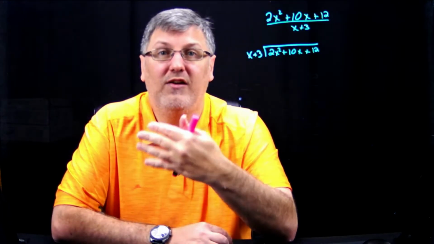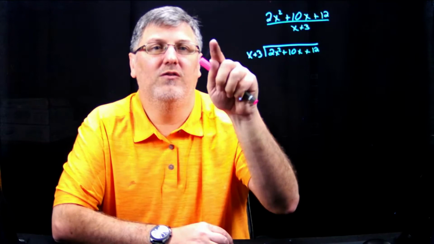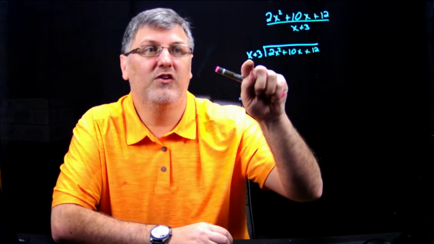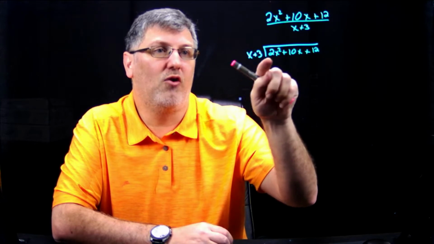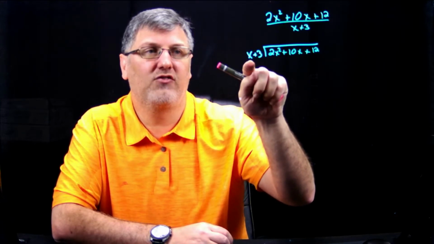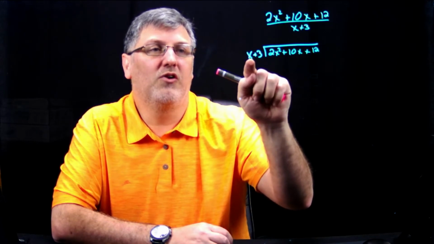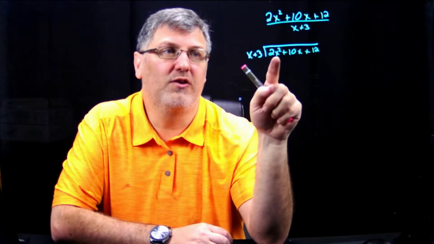All right, so here's what we're going to do. We're going to use the idea of regular long division. It's the exact same algorithm, but we're going to apply it to polynomial long division. In this case, I'm going to look at my very first term here. Same rule goes here. We also have to have everything in descending order. So I have x to the first power and x to the 0 power. All right, so I'm going to look at my first term,